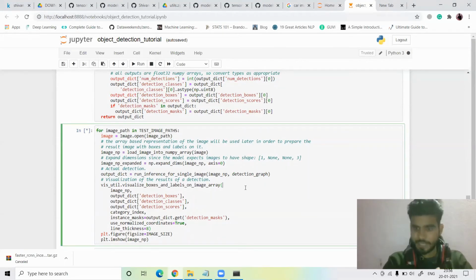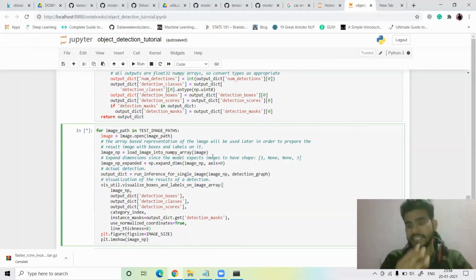And you have to follow the same steps as during the installation, guys. When you do this setup in your system, just follow the same steps. And if you're getting these types of errors, just do one thing: copy your object detection Jupyter notebook from the object detection folder and paste it in the research folder.